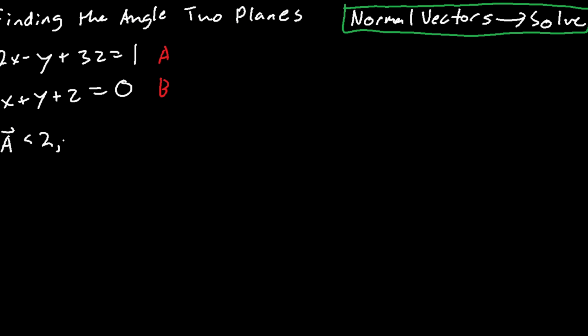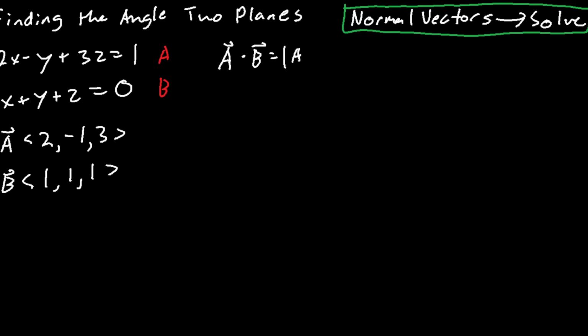Well, it's 2, -1, and 3, because I extracted the coefficients of each component inside the equation of the plane. So these are the coefficients: 2, -1, and 3. And the normal vector for plane B is 1, 1, 1, because those are the coefficients of plane B. The end number does not matter. Once we have the normal vectors, all we have to do is solve for the dot product between them, because the equation of a dot product gives